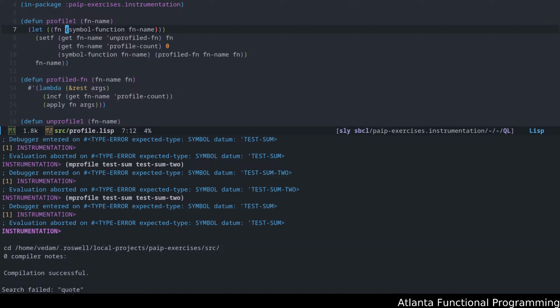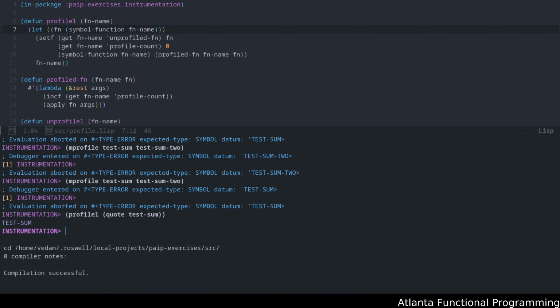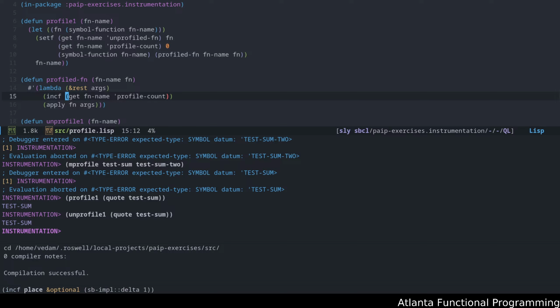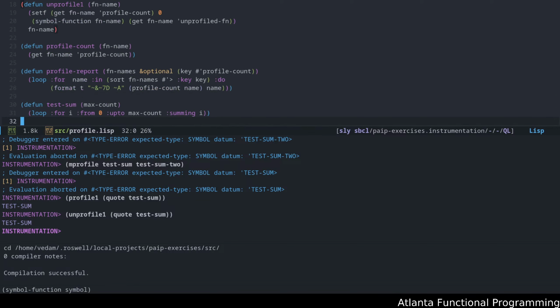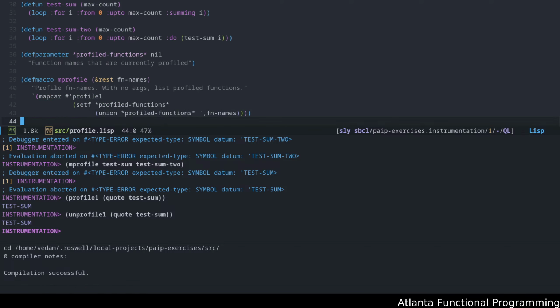No, I'm not. Okay. Let me just try something here. Profile one, quote, test sum. Okay, that worked. Let's see here. I'll just try this one more thing, and then this might be something we're going to have to debug in a minute or two.